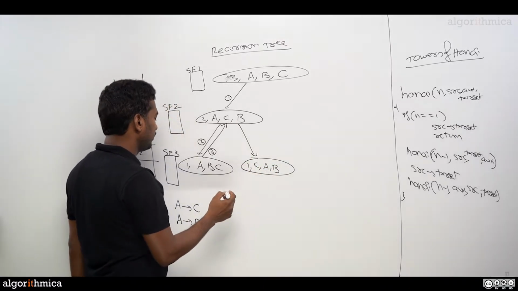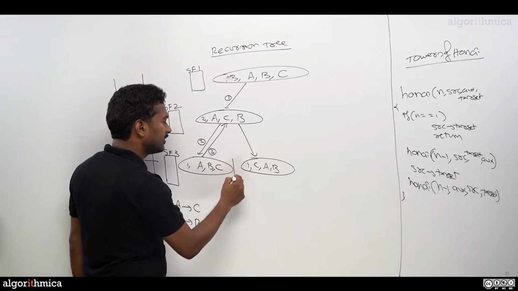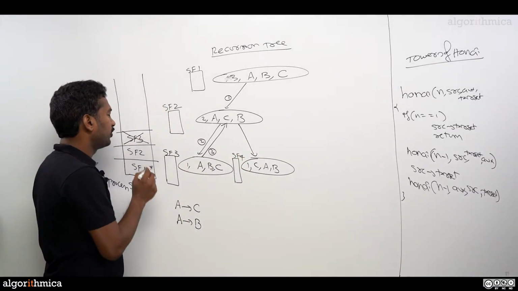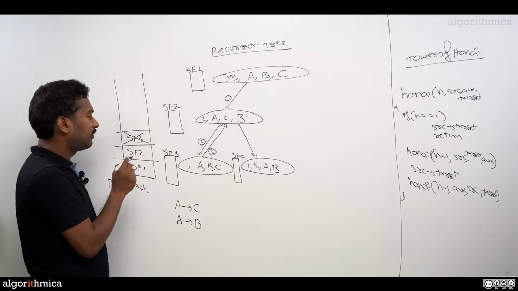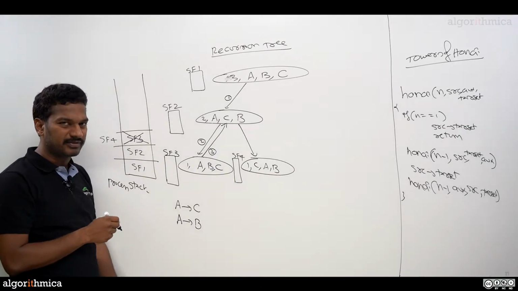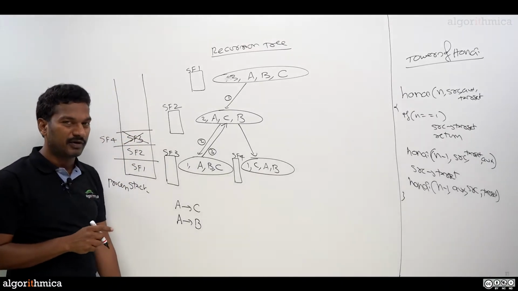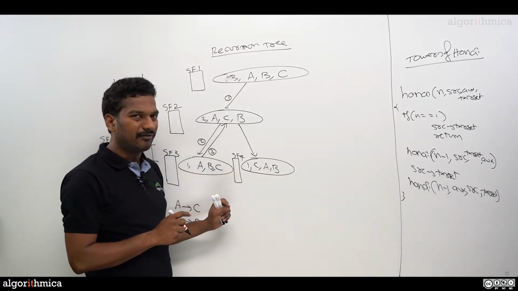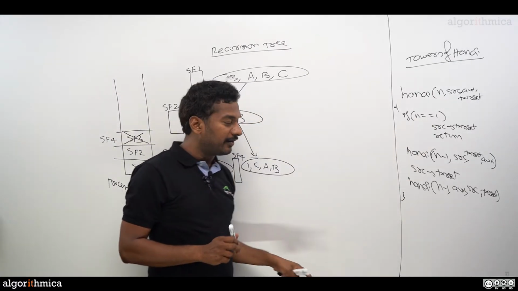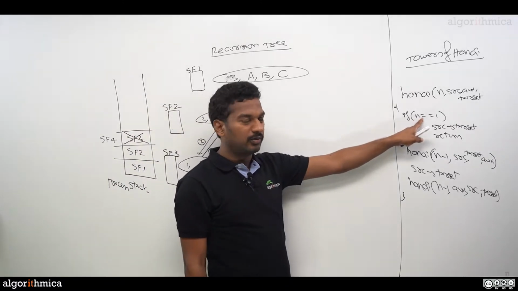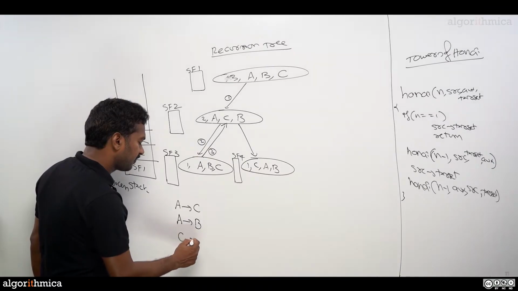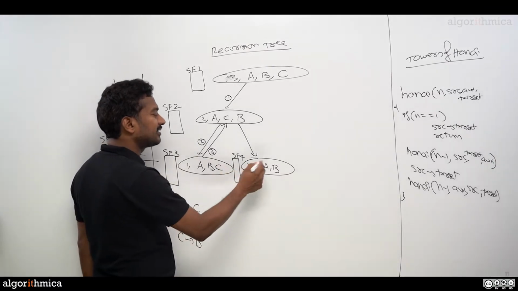But again, to execute this body, I need a stack frame. We call this stack frame number 4. But where do you push? Since the space is really taken out here, SF4 is pushed on top of these 2 frames here. The same space I'm going to use for SF4. Now we got SF4. Now you can execute this body. Let's execute this body. N equal to 1. So 1 equal to 1, true. That means SRC to target. That means C to B here. So C to B gets displayed.